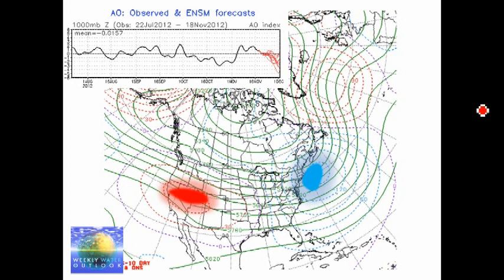As far as teleconnections go, I've been keeping an eye on the Arctic oscillation. After a period of below normal, it has gone over to above normal now. This is the normal line, so anything above that is positive. Some of the models are now indicating it's going to stay neutral for the rest of November, at least through the next week, and then perhaps go back to negative. If it does that, it's possible that the trough over the eastern U.S. could again deepen. We could get some cooler temperatures in that region,